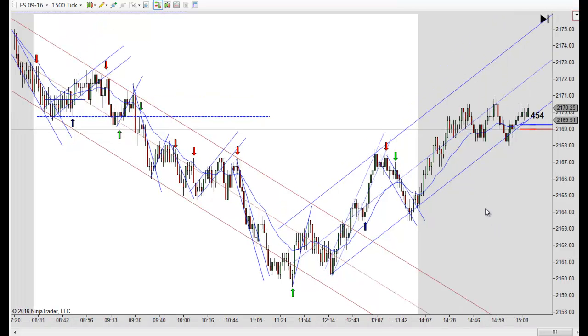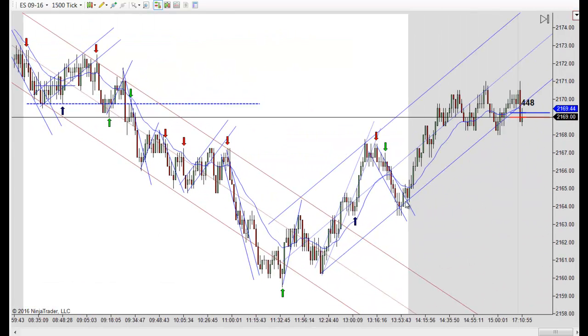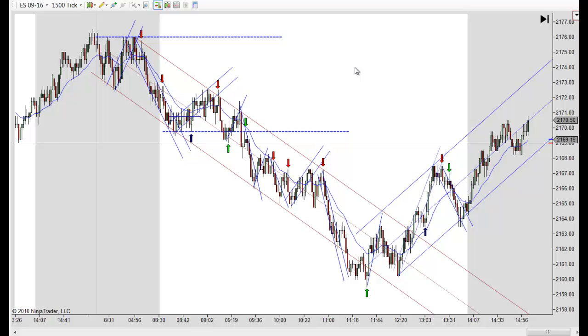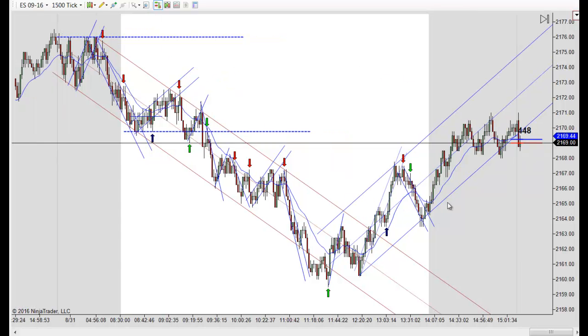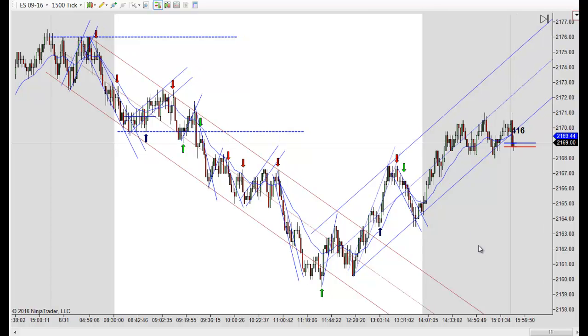But again, notice where all your best moves come from. They come from the key entry points. Off the highs of this, what was a range here, look out, off the trend line right there, boom. Off the trend line right there, boom. Off the trend line, boom. And then on the way up, off the trend line, boom. And when it comes back to the trend line again, it takes off again. Of course, it's right into the close, but that's where your moves come from. So learn to find these places and learn to wait on the setups that come at those places. If you just did that alone, you'd probably do pretty well.